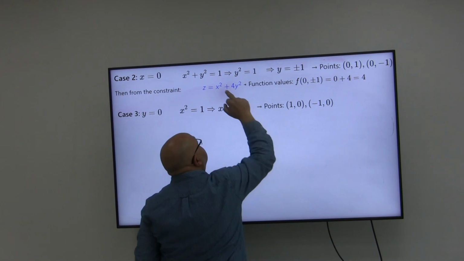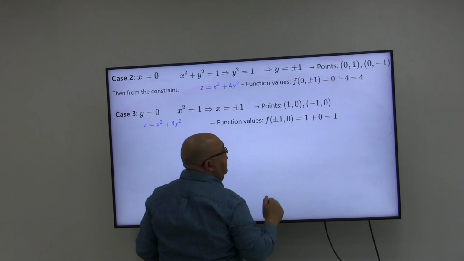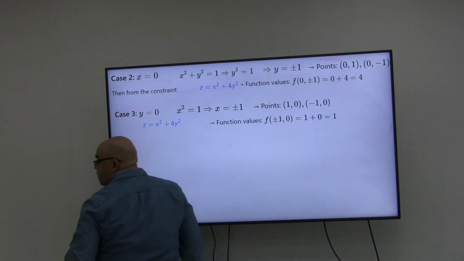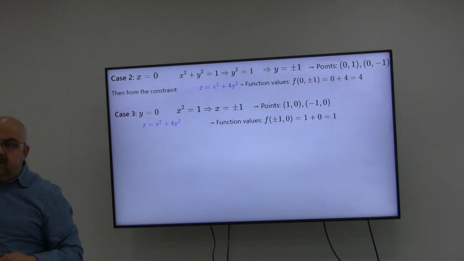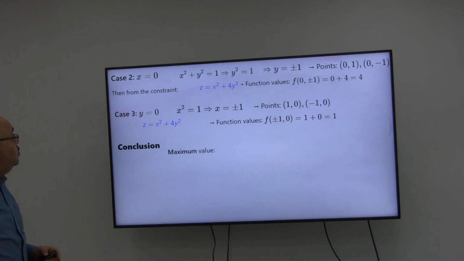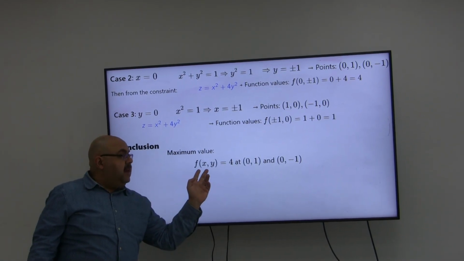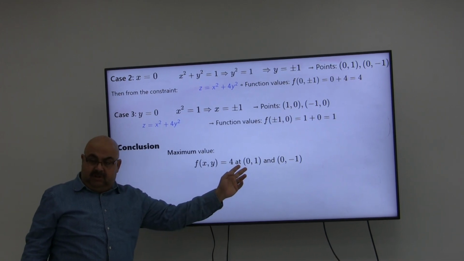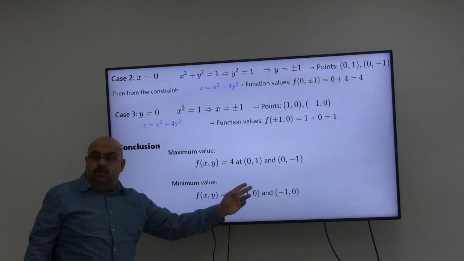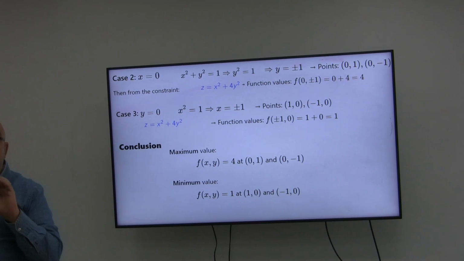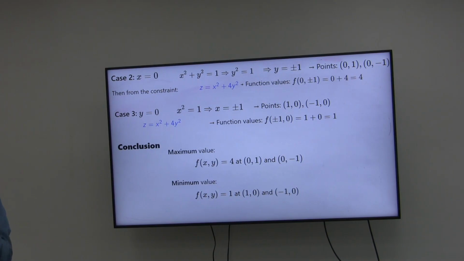Substituting with these 2 points in the value of your function, not the constraint, the value of your function, the value is going to be positive 1, as you can see. From this, the largest is going to be the maximum point, the lowest will be the minimum point. So the conclusion: the maximum value for the function f is going to be 4, and it will happen at 0, 1 and 0, negative 1. And the minimum value is going to be 1, and it will happen at 1 and 0, or negative 1 and 0. So once more, in this problem, you already have your function, and then you will have your constraint,